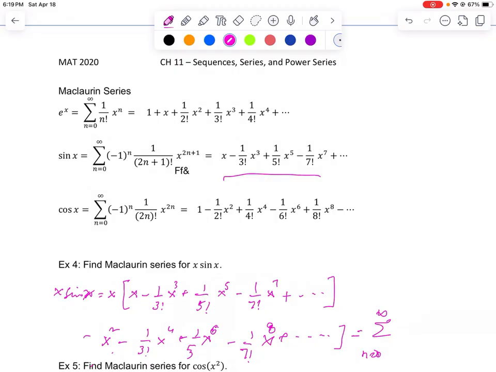The factorials at the bottom are the same, but the power is now even. So how will you write that? Negative 1 raised to n for now, and then x raised to the power 2n, and then divided by